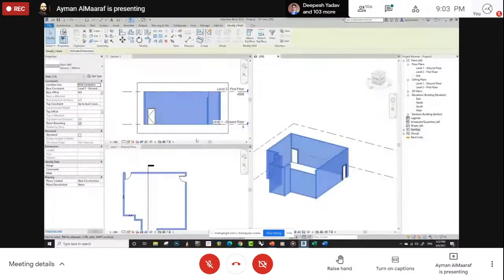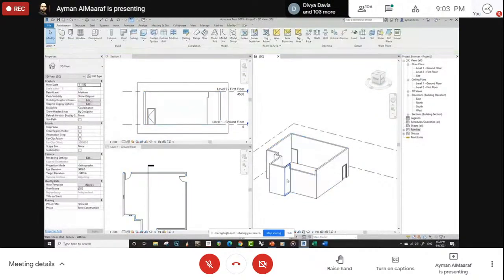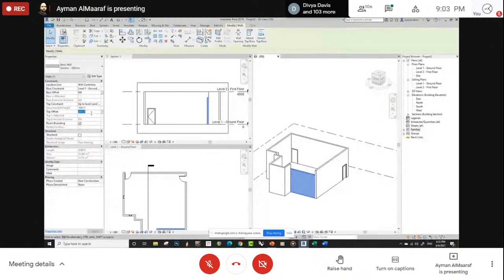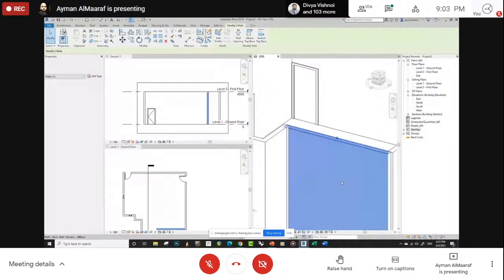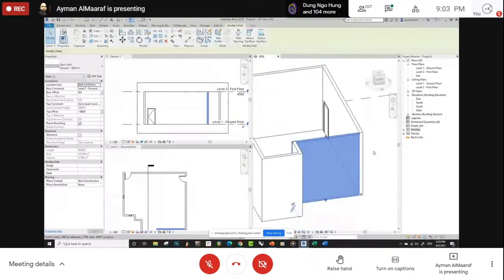You have also, if you select the walls, you can change this parameter called top offset. So for example, if you select this wall, you can make it -100. You will have it slightly below the